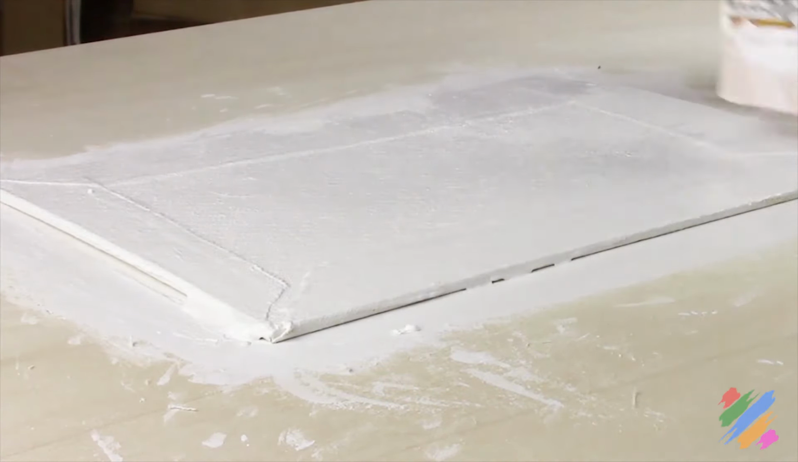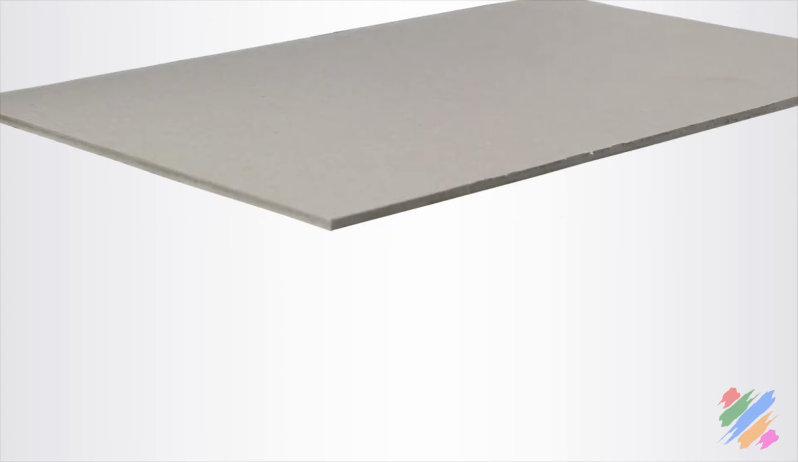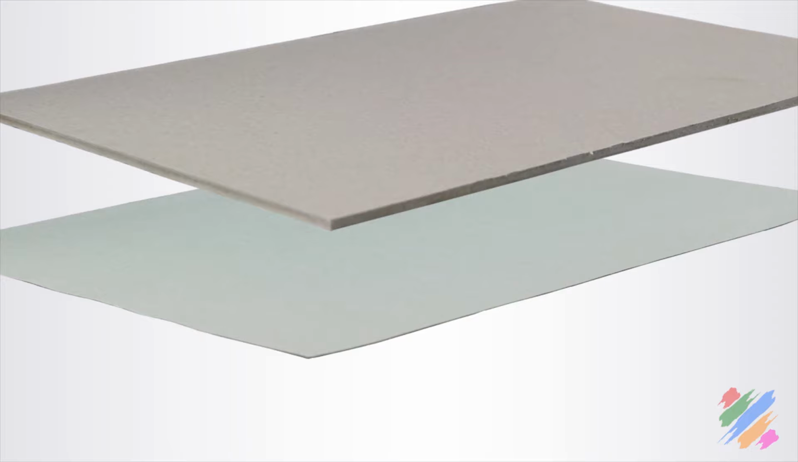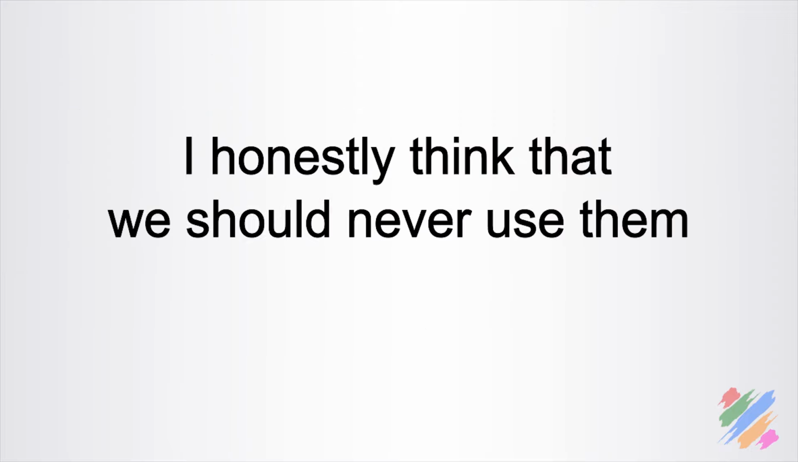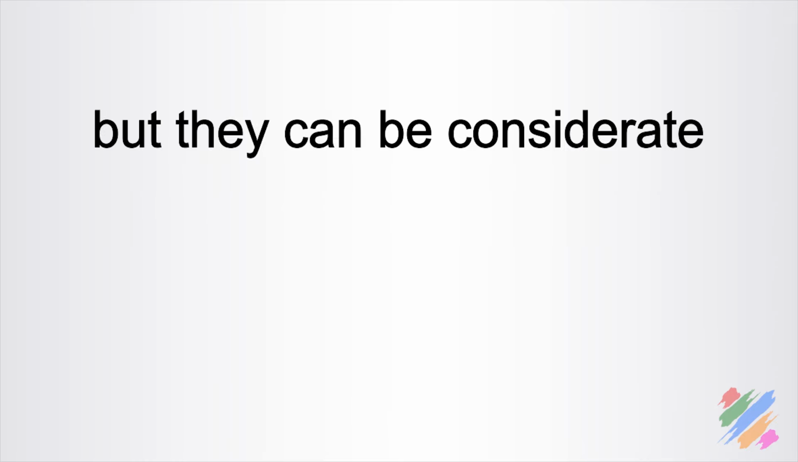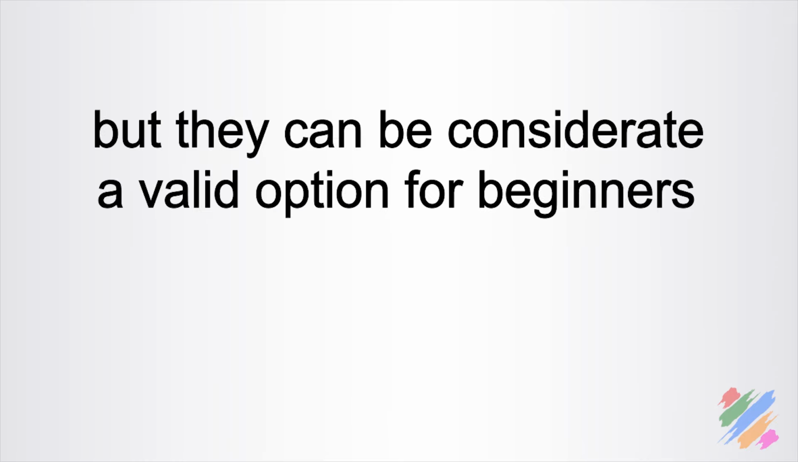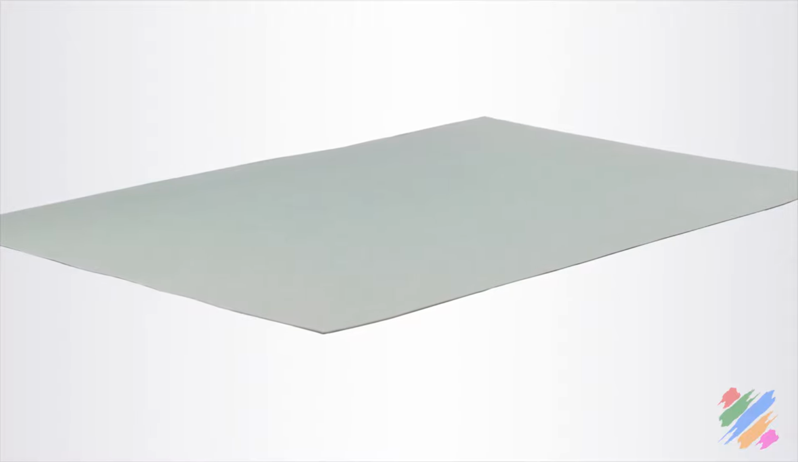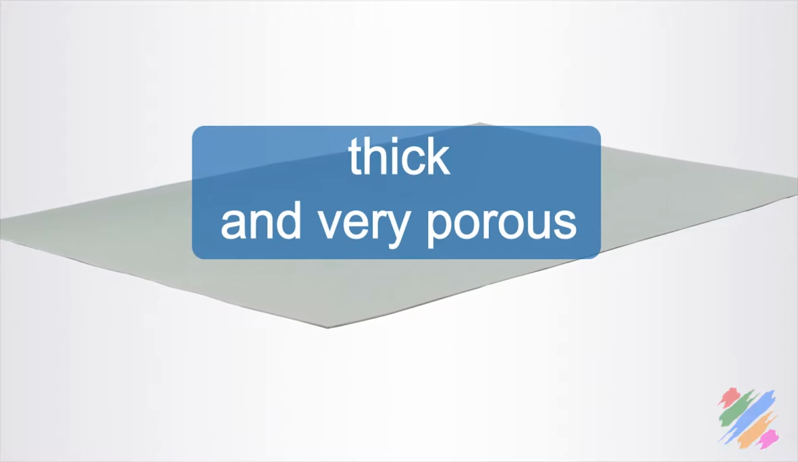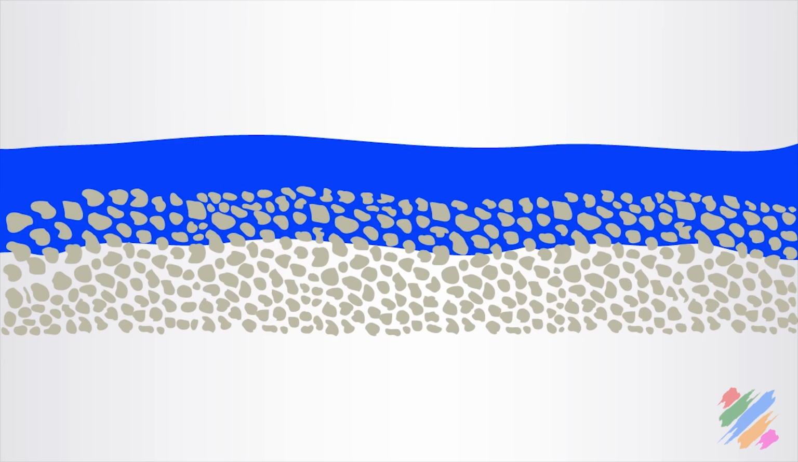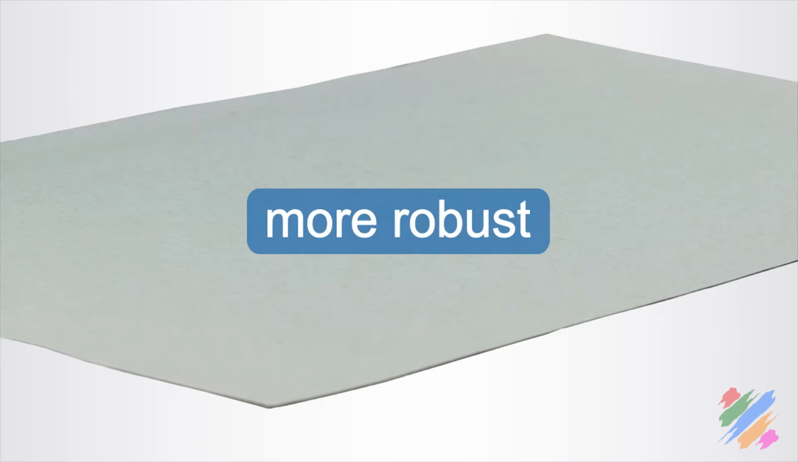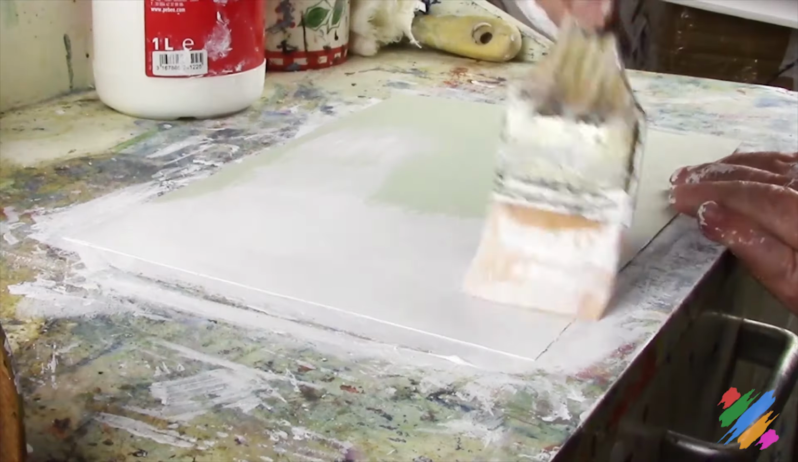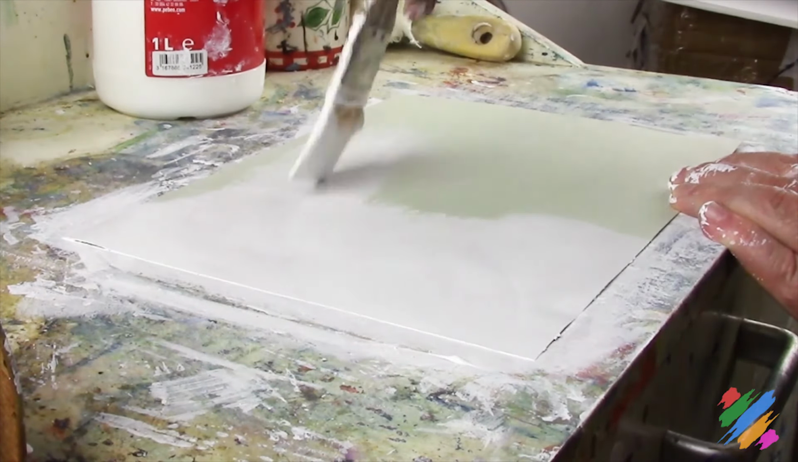some canvas. Although they are not considered good supports, cardboard and paper can also be used in oil painting. I honestly don't think that we should never use them, but they can be considered a valid option for beginners or to make our studies before we do the final works. The paper used in this case should be thick and very porous, capable of absorbing our oils. If we want to make it more robust, preliminarily we can treat it with some acrylic primer and even cover